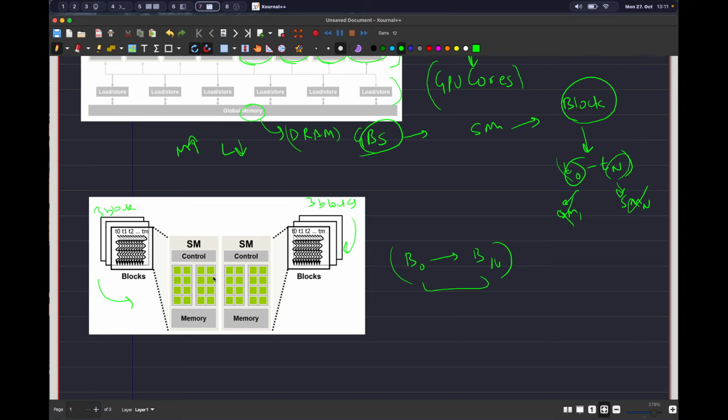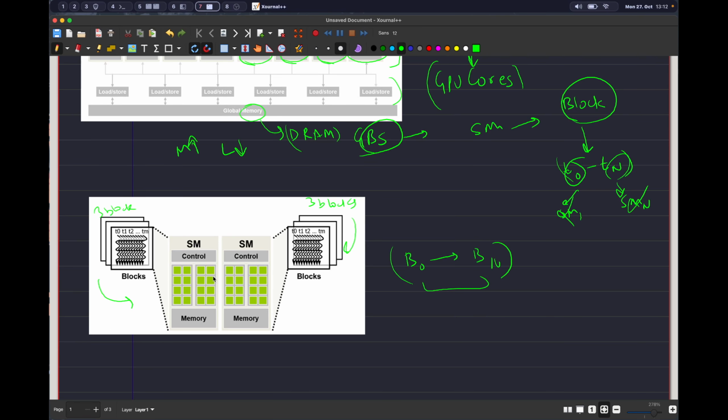You need to know that there are a limited number of streaming multiprocessors available, and there is also a limit to the number of blocks that we can assign to a streaming multiprocessor. This limit is already defined in the architecture overview of a GPU, and we need to take that into consideration